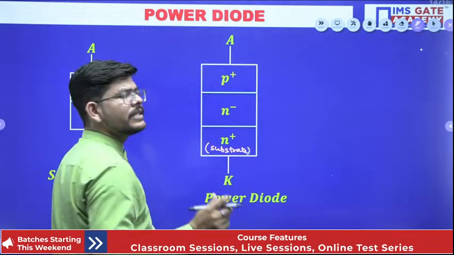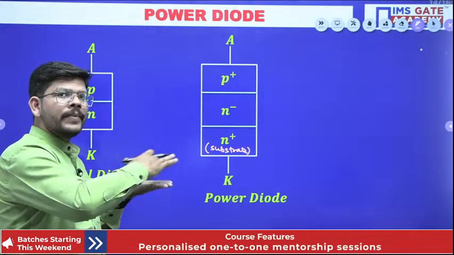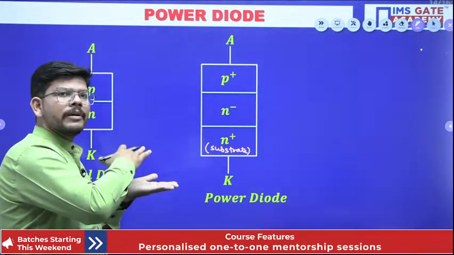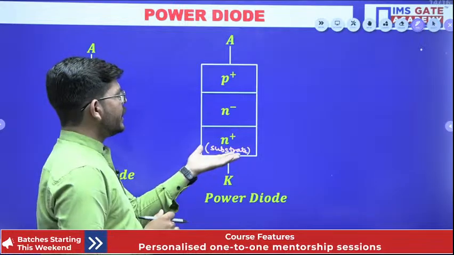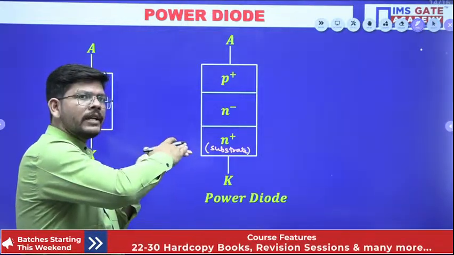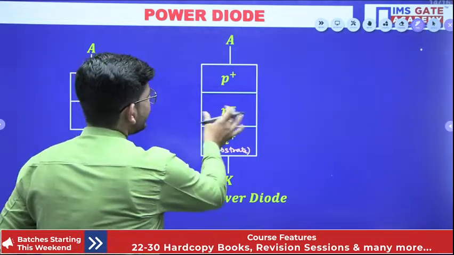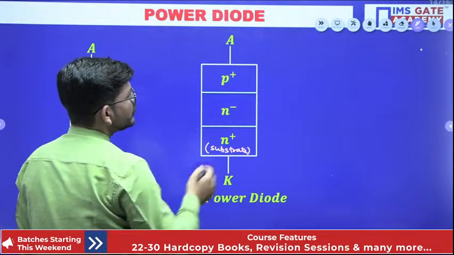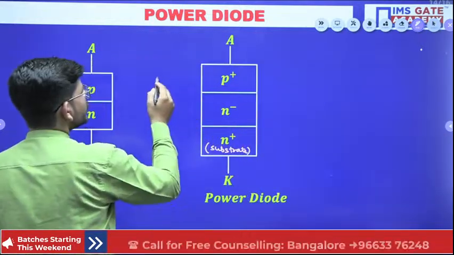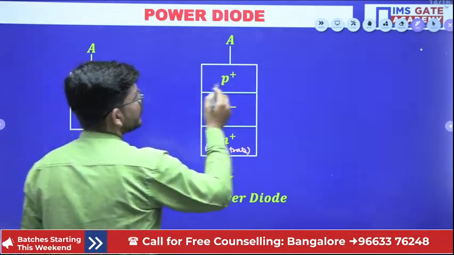So substrate is that particular layer over which all other layers are being laid, okay? So an N plus layer is the substrate layer over which we will put the N minus layer, and over which we will put the P plus layer. So we have added this extra layer. Now can you see here, we have increased the length of the device, okay? So by increasing the length of the device,